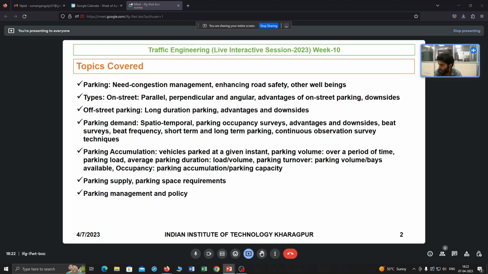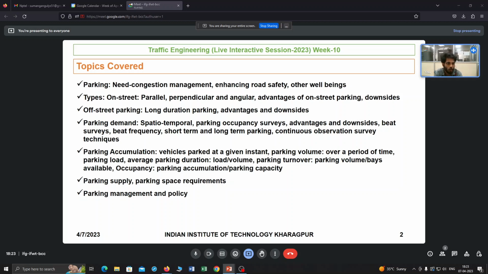Now, the types of parking. Generally, you can park your vehicle on street, which we usually do. If you are a rider, obviously you see that we usually park our vehicles on roads. Another is off-street parking, meaning a facility which is dedicated, or some floors of a facility which we can use for parking, like a shopping center.